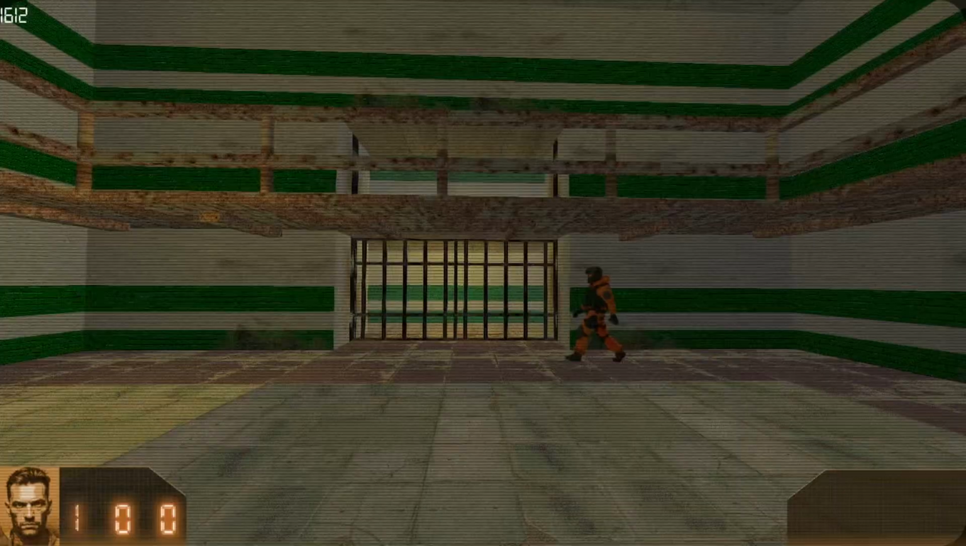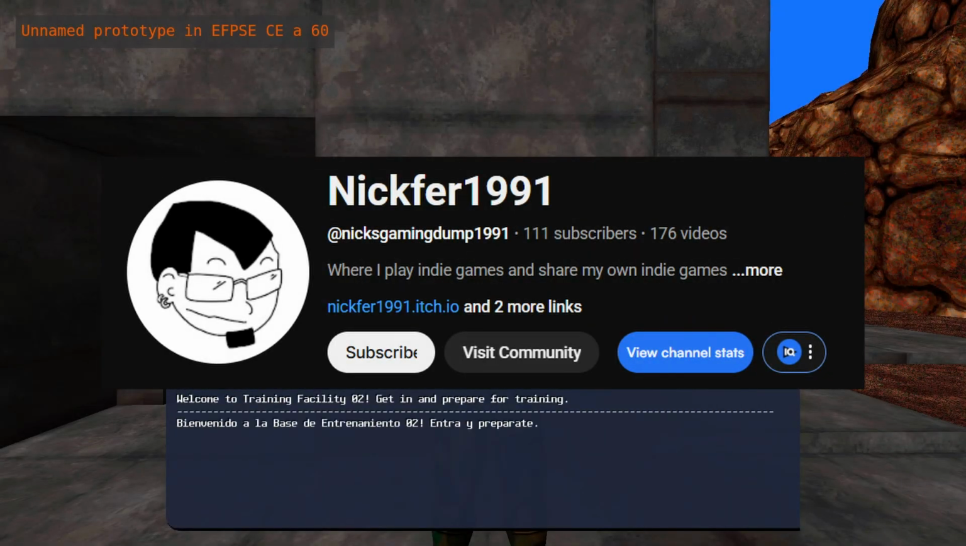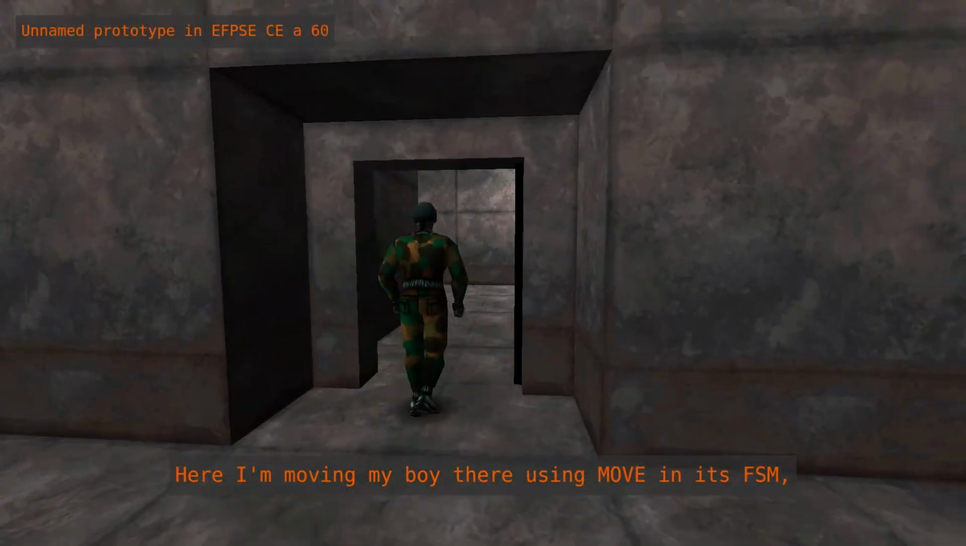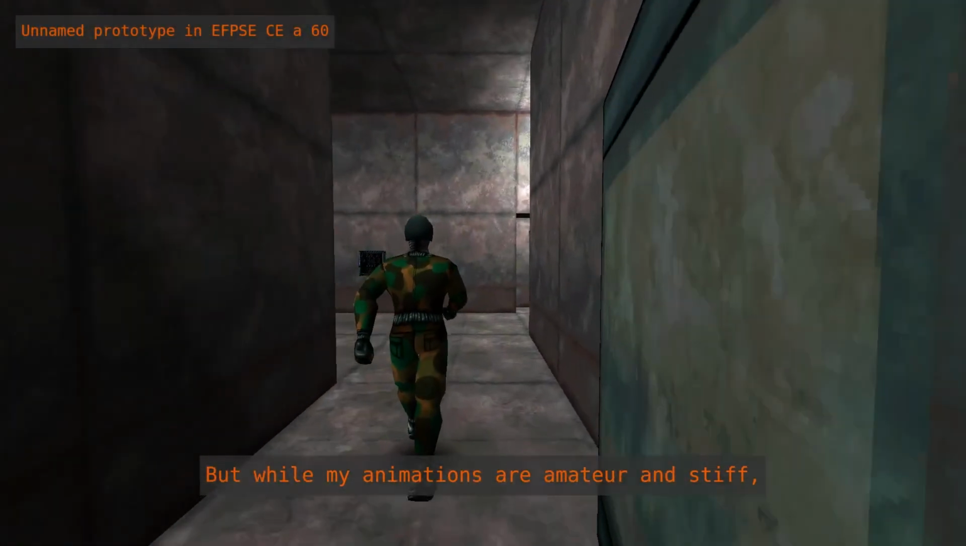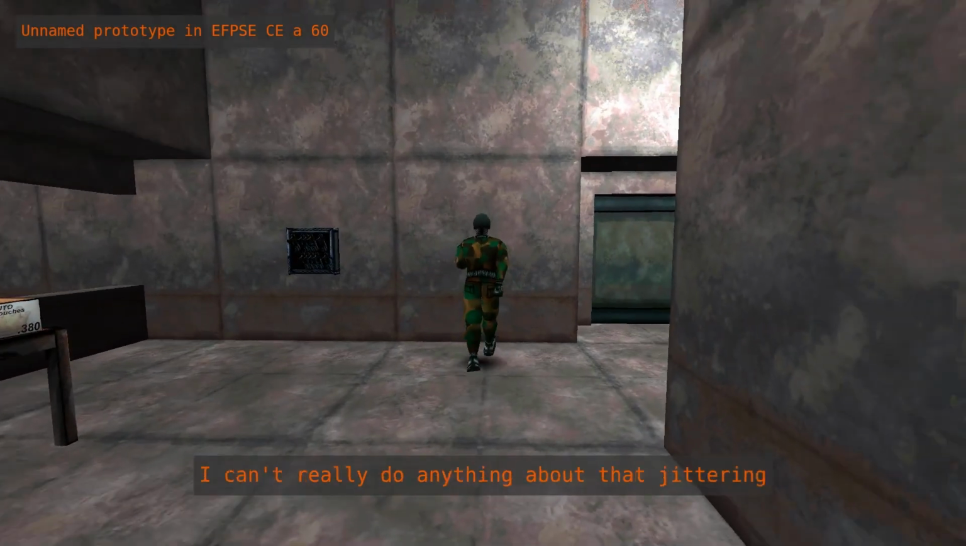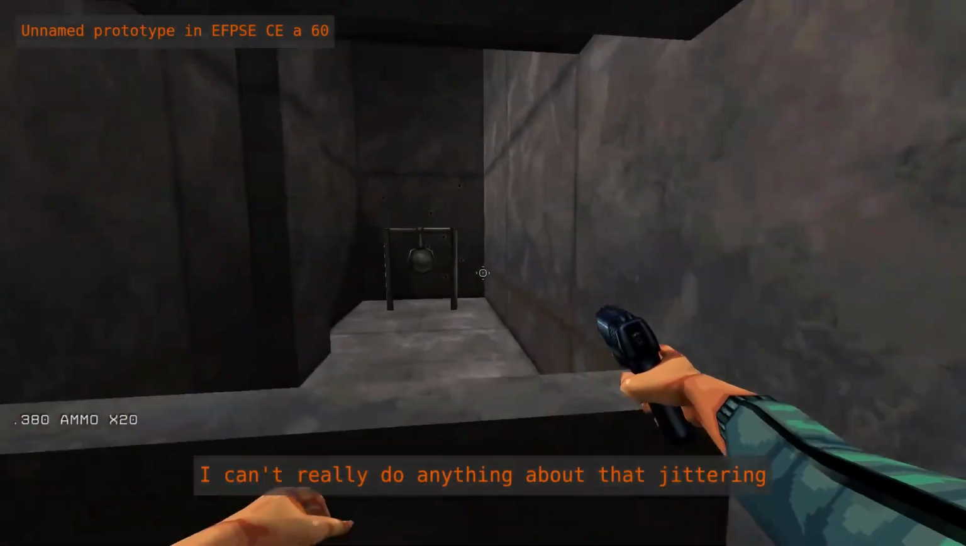or overcomplicating our workflow. Before we get started, I need to give a huge shout-out to Nickfer1991. Without his original prototype, none of this would be possible. There's a link in the description to his project and his video, so make sure you go check out his work. He is constantly pushing the limits of what Easy FPS can do, and showing just how flexible this engine